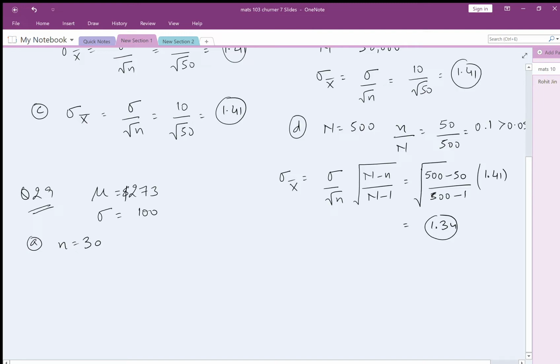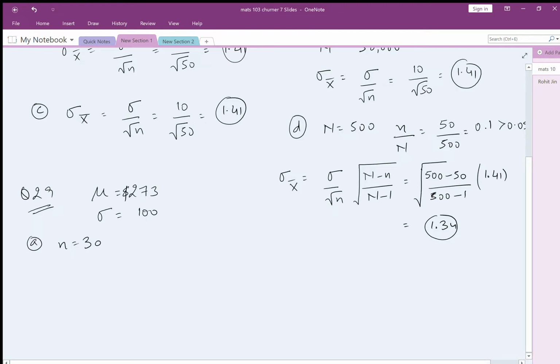Now, since we are not given the population size, we are going to assume that it's an infinite population or a large enough population that we don't have to use the correction factor. As I said in the class, in most cases we would assume that the population size is infinite. Okay, so now